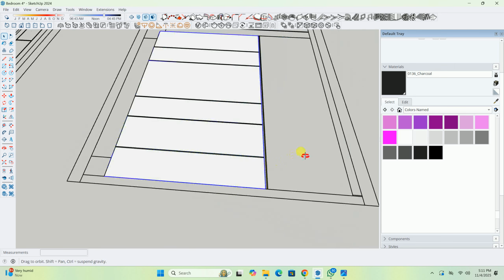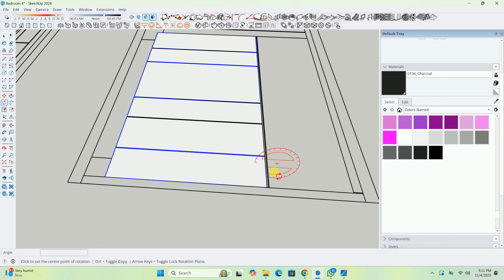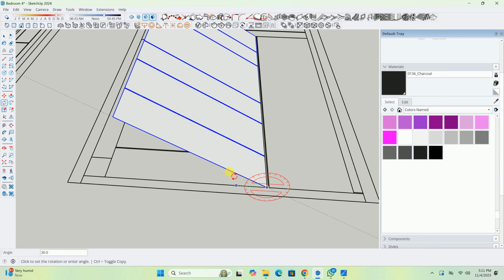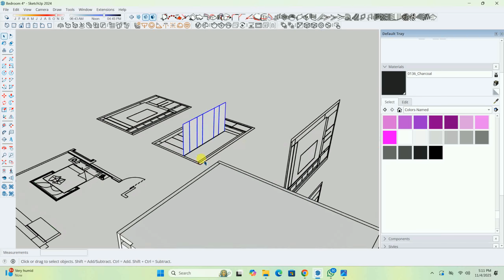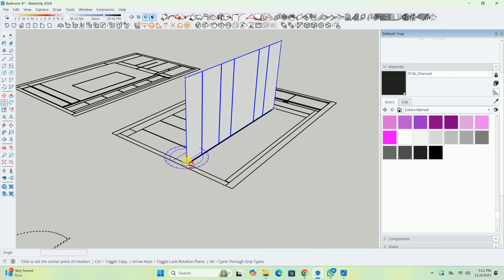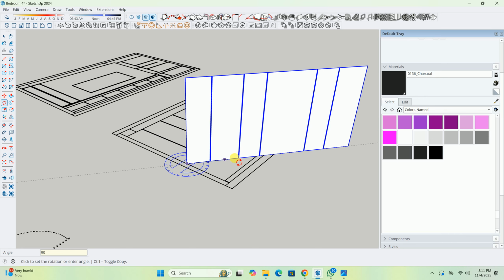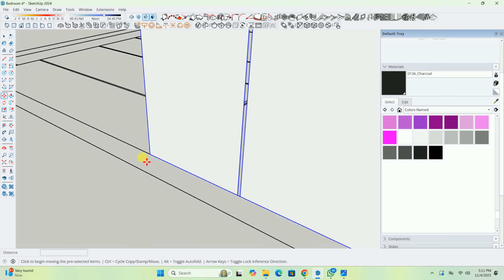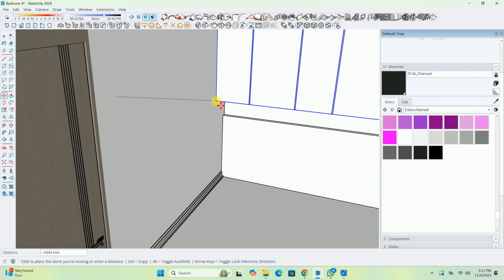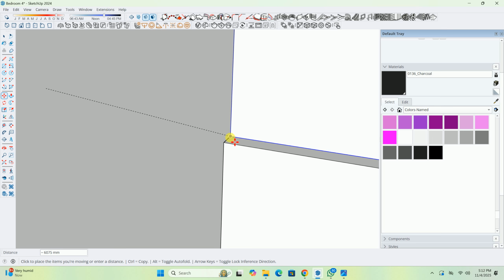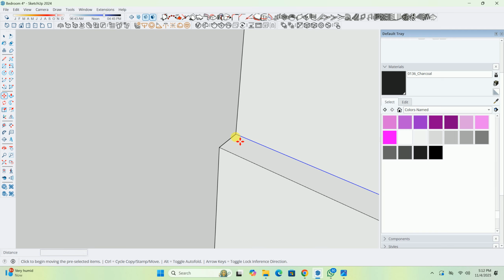I'll convert it into a group. And first of all, rotate it at 90 degree. Then we'll rotate it, and then we'll move it from this point to this point. Then we'll move it in red axis at a width of around